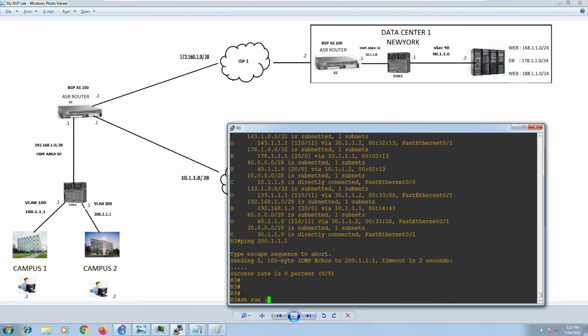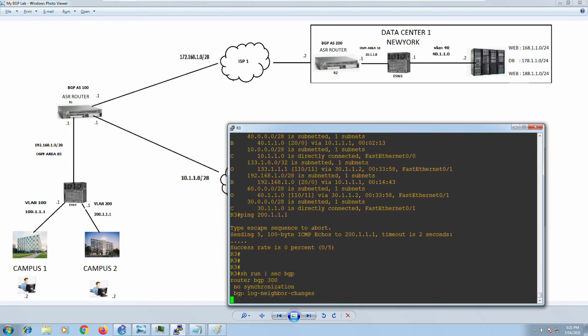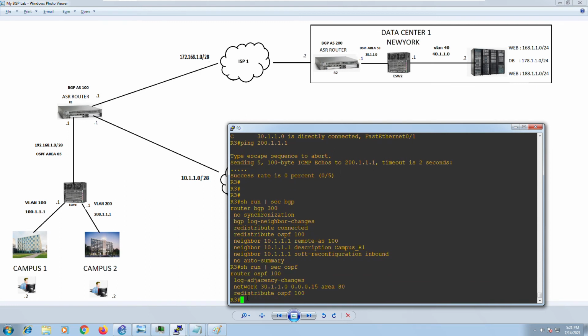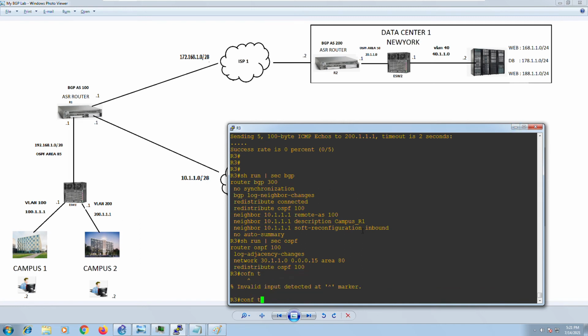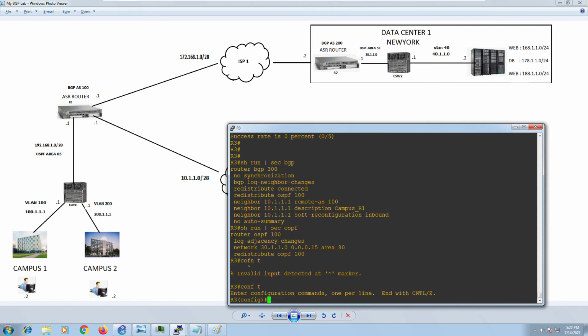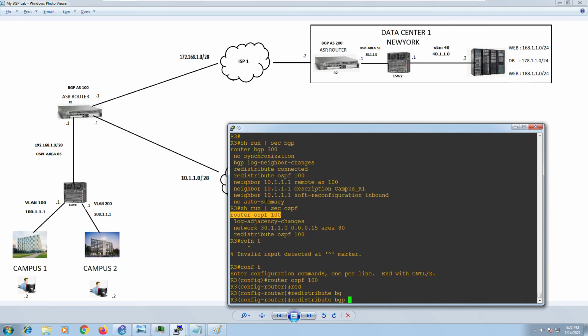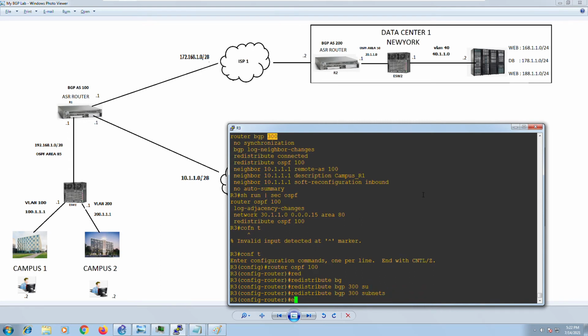Show run seg BGP. All right, redistribute OSPF 100 connected. Show run seg OSPF. I did not give the redistribution command BGP into OSPF 100, so that's why we don't have that. So let's go here, configure terminal, router OSPF 100. Let's redistribute the BGP here. Redistribute BGP 300 subnets, and